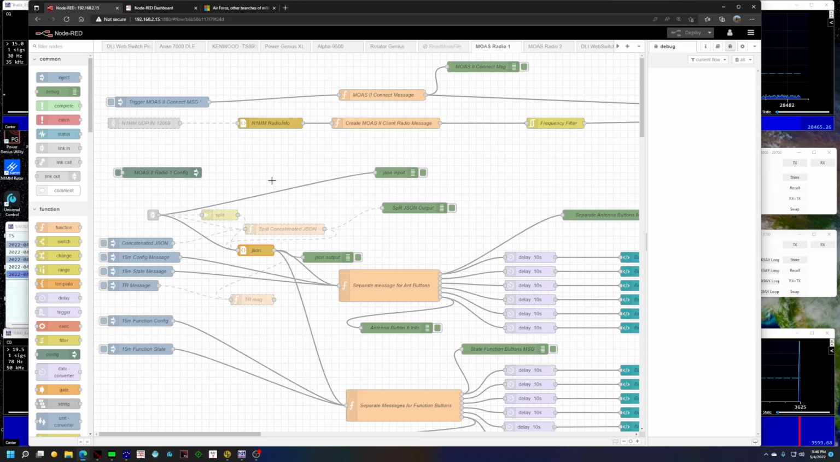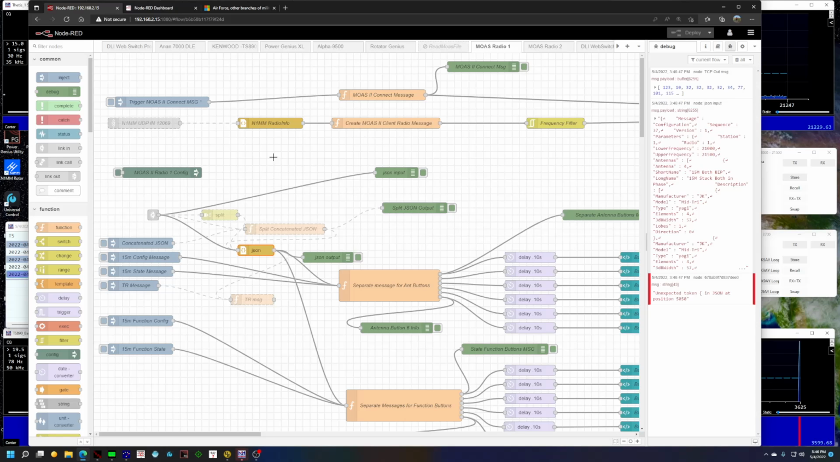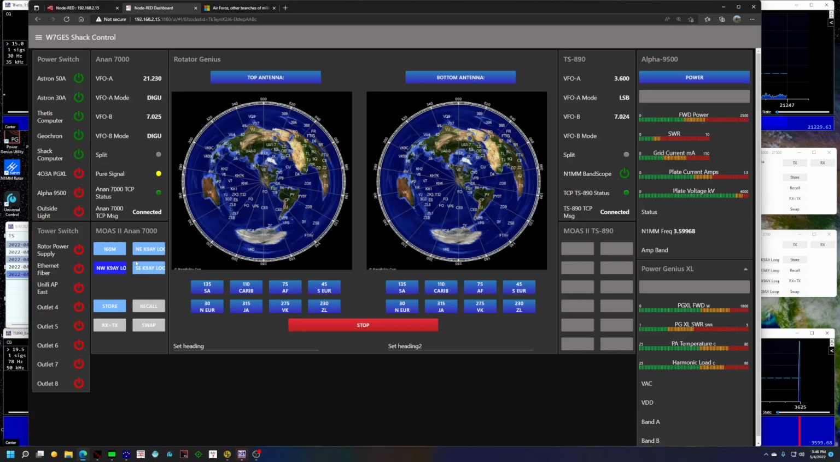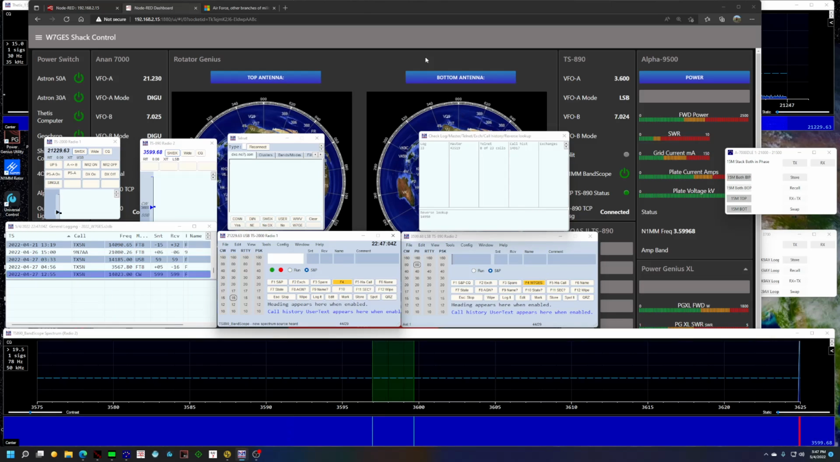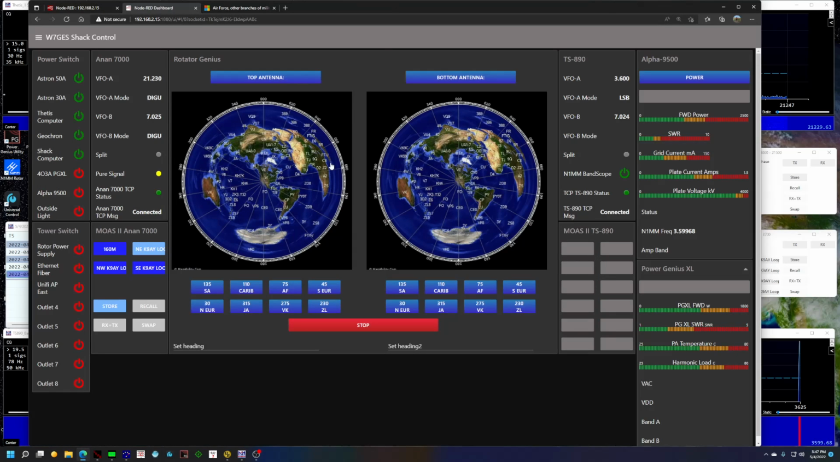Let me try now going to 15 meters. 15 meters, unexpected token. It'll be incorrect when I go back, still showing 160. When I go to the MOAS client, it's on the bottom antenna, both in phase. Go back here to Node Red, and it's the wrong labels, but it would show that the antennas are both